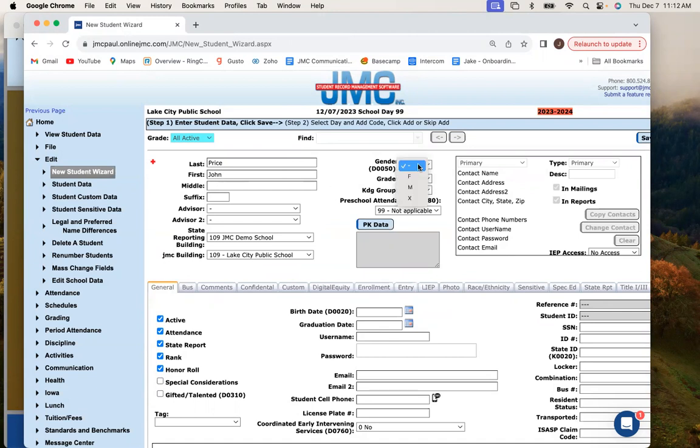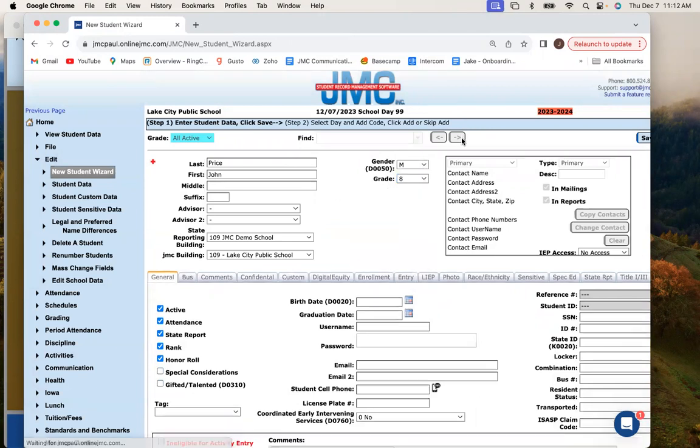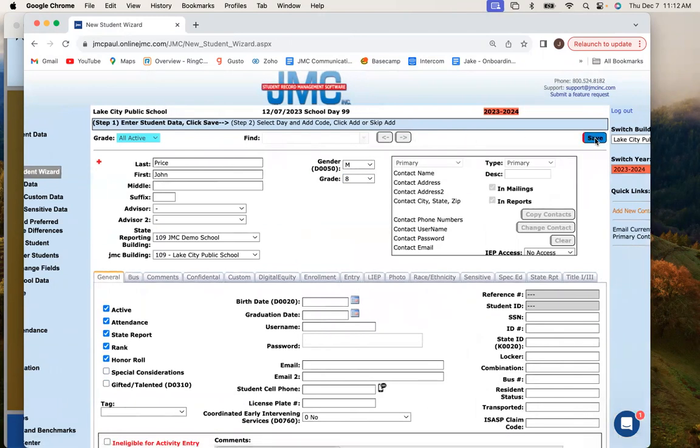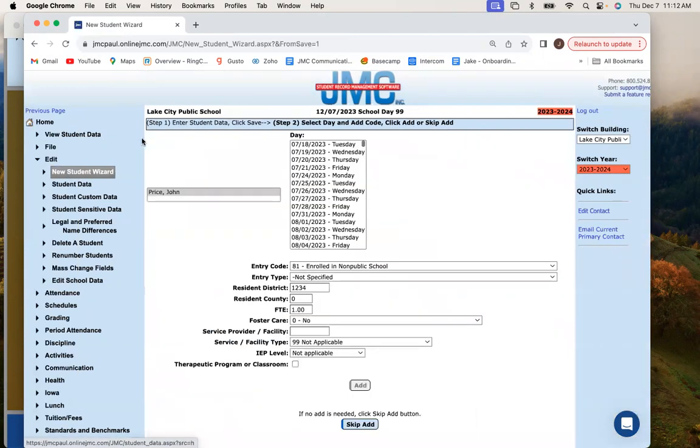First name, last name, gender, and grade is what the state generally asks for to start. We click save, and then it's going to send us to step 2. And this is where the data elements that are needed for enrollment are going to come from. So we've got,